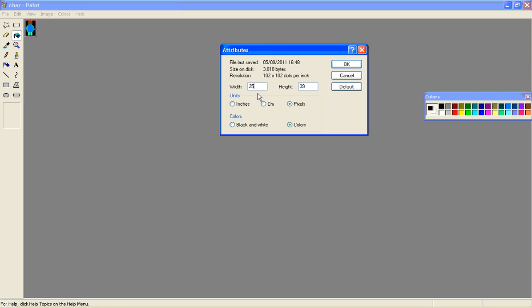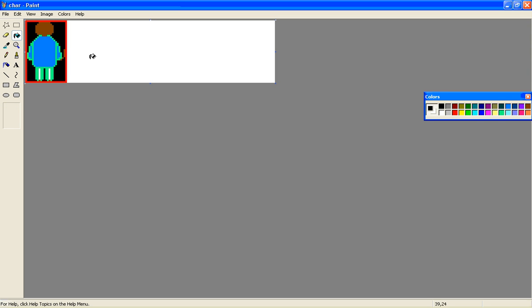So to do this we're going to extend the width so that it is 6 times what it already was. So mine's 25, which means that the width should be 150, so I'll put that in. So these will be all the frames for the character moving up the screen. So what I will do is create